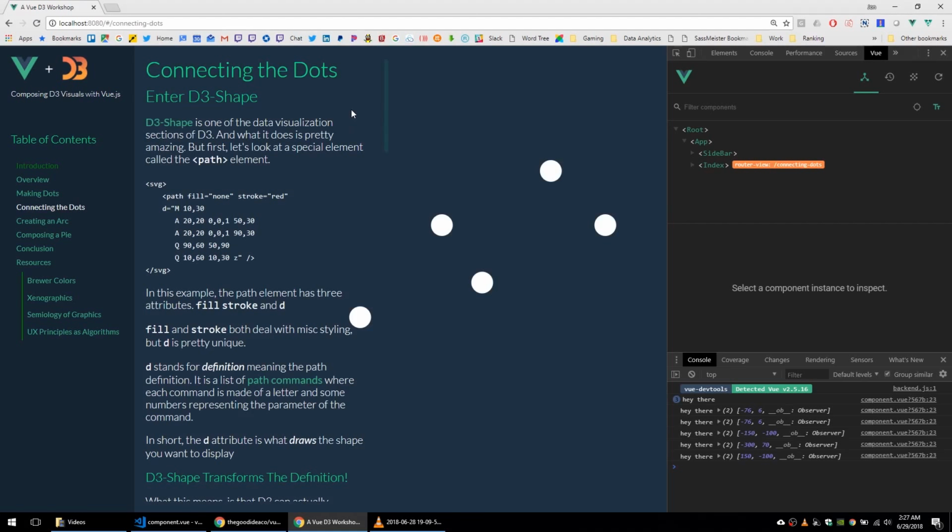Okay, so enter D3 shape. D3 shape is just another section of the D3 library. It is one of the data visualization sections of D3, and what it does is pretty amazing. But first, let's look at a special element called the path element. So inside of an SVG,